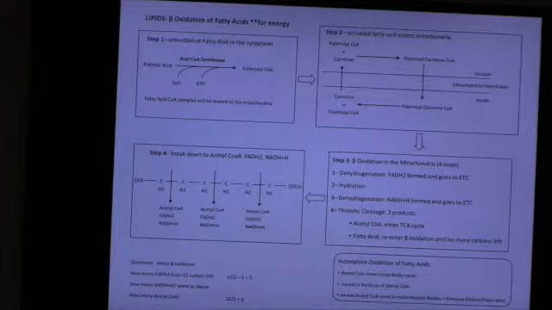Then we have a hydration. The second dehydrogenation forms a what? An NADH. That goes to the electron transport chain. The fourth step, thiolytic cleavage, produces two products, okay? We produce an acetyl-CoA and what? A fatty acid, right? Because we're only cutting off how many carbons at a time? Two. We're only cutting two carbons at a time.